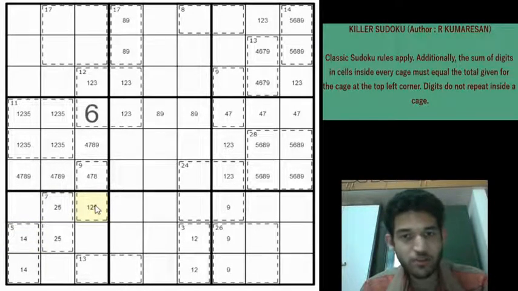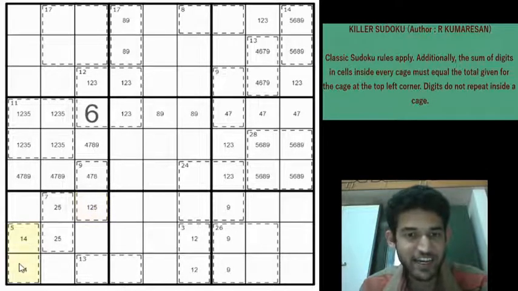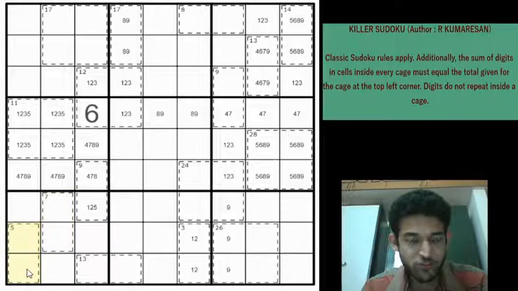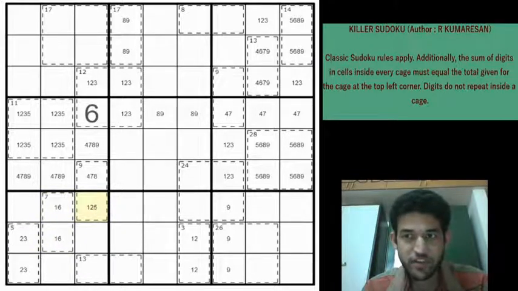You are eliminating all possible options from row 7 column 3. That is fantastic. Really good Sudoku. Has lots of interaction of digits. So this can't be a 1, 4. So this has to be a 2, 3. And now for the 7, it can't be 2, 5 or 3, 4. It has to be 1, 6. So you can eliminate the 1 and the 2 now from row 7 column 3. So this can only be a 5.